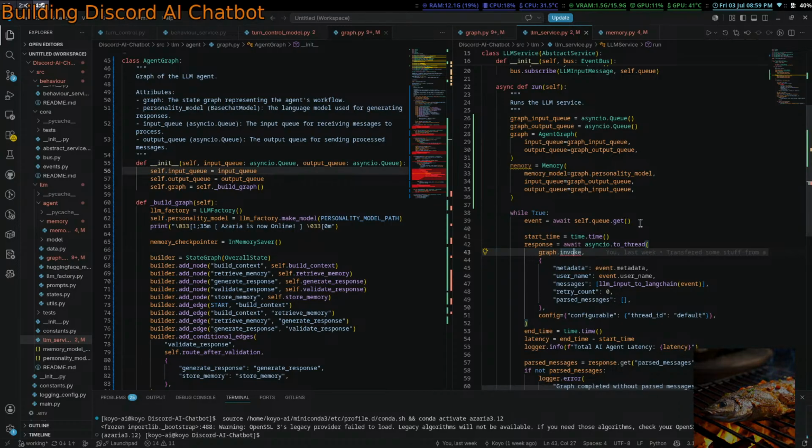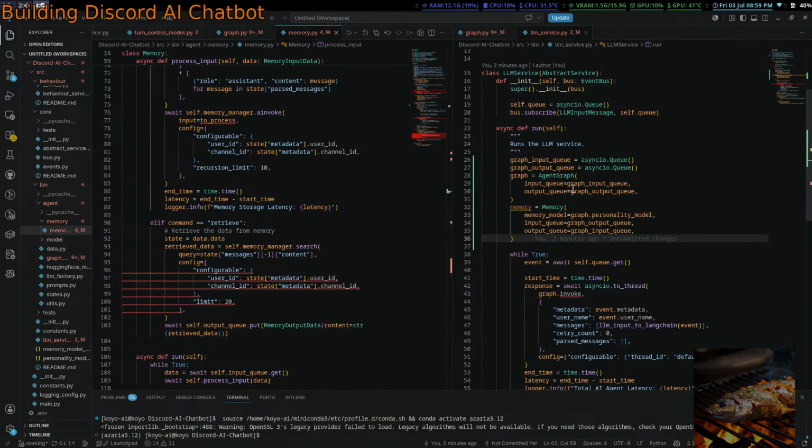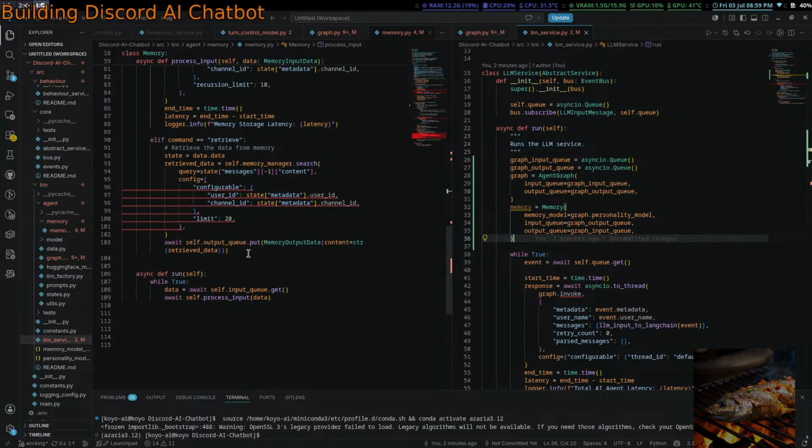asyncio.toThread. Okay, await self.q.get, right? So how do I just like run it in the background? Can I just do like toThread? Wow, true async def run. Wait.